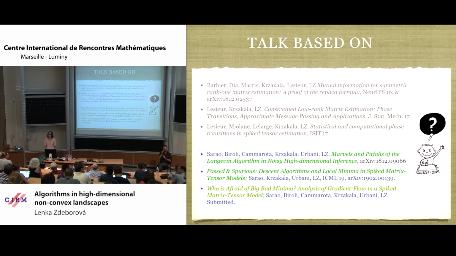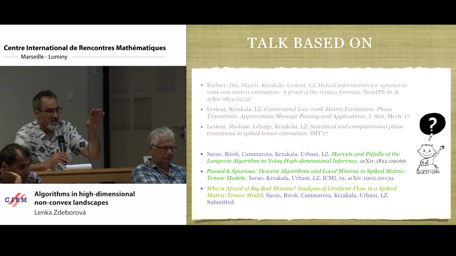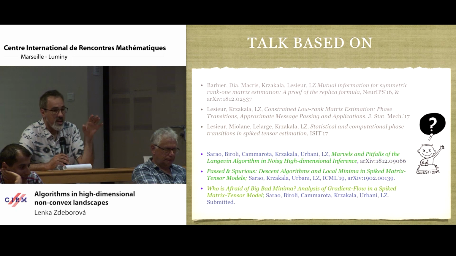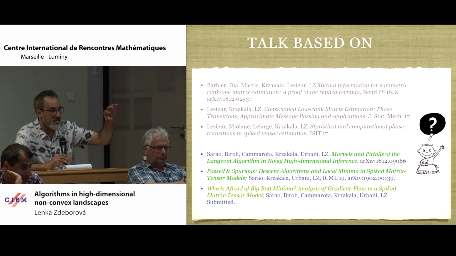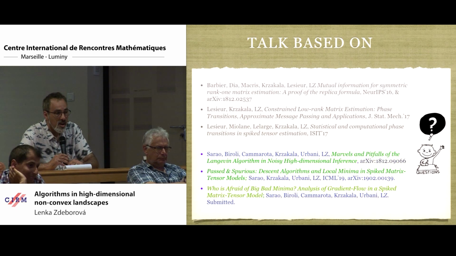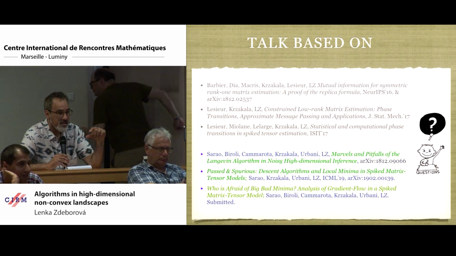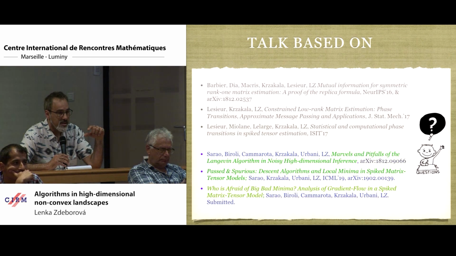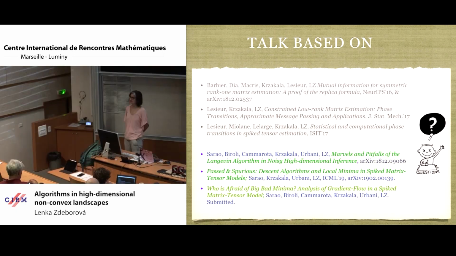So you were saying that the algorithm sometimes works even when there are spurious local minima, and you have a pretty convincing explanation because you have a mechanism and that plot that seemed to correspond with it numerically. So I'm wondering if you know for sure that in that region there are spurious local minima, because the Kac-Rice formula will give you the log of the expectation, but not the expectation of the log. That's a very good question.